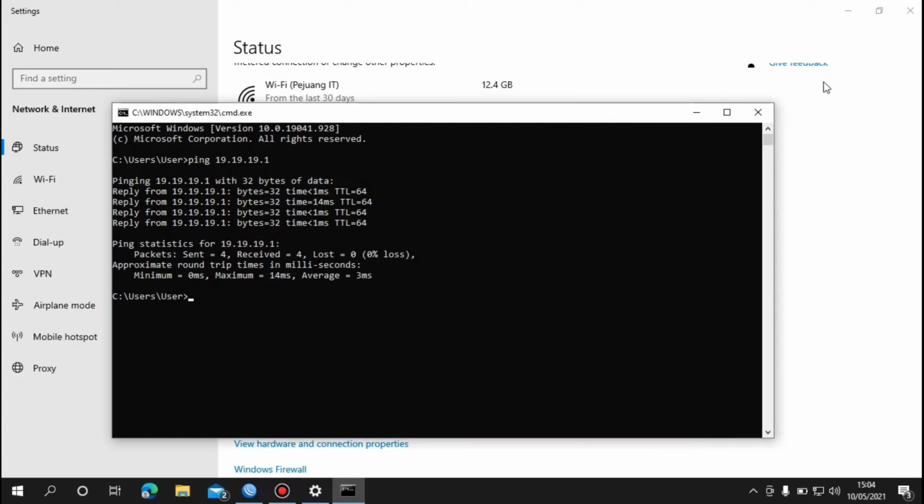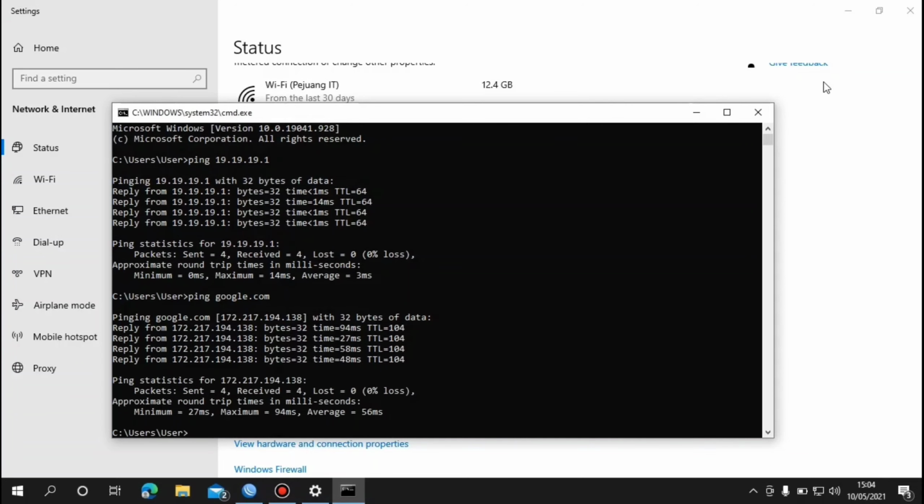And then do ping to google.com with the command ping google.com and enter, and we can see the result is reply, which means the client one is connected to the internet.